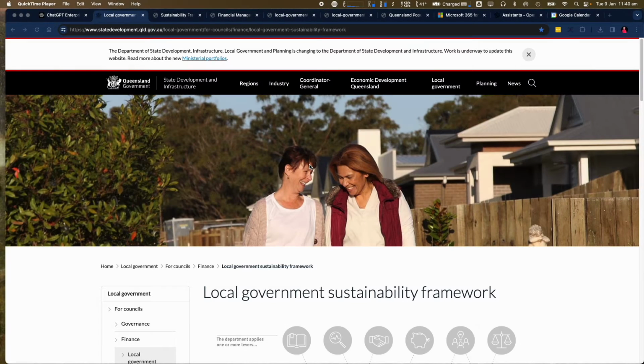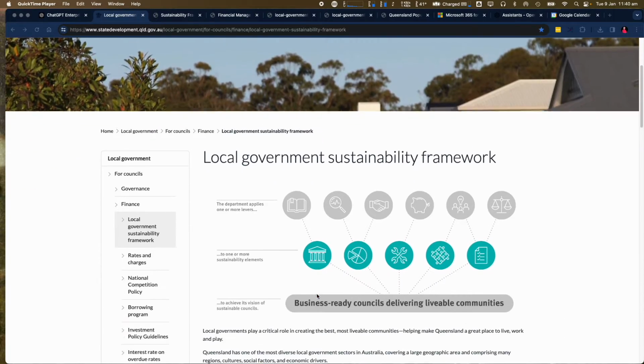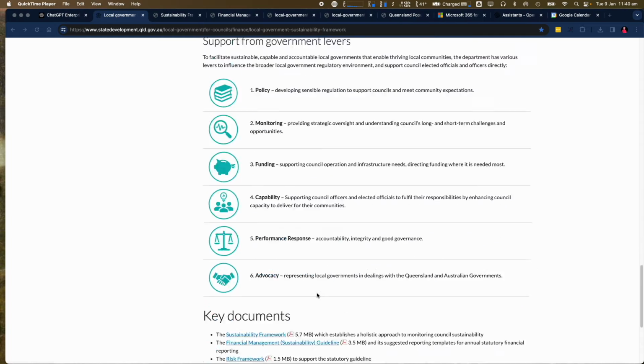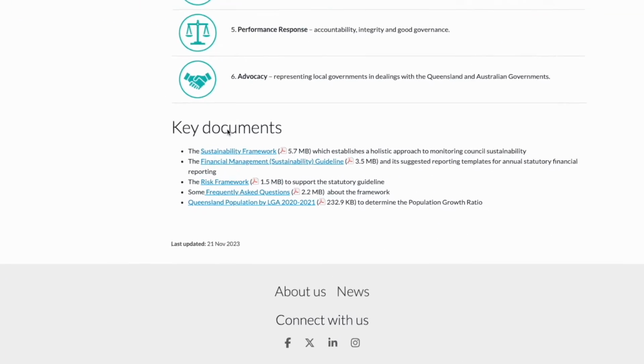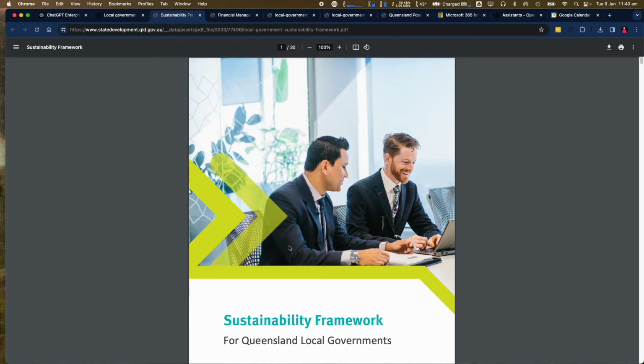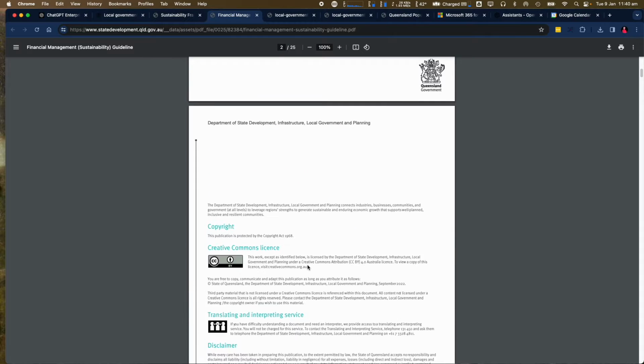On the Queensland Government Department of State Development and Infrastructure webpage, you can see the local government environment sustainability framework information. Down the bottom of the page, let's scroll all the way down, there are key documents 1, 2, 3, 4, 5. So download those and put them in a folder. They are the key information. Oh look, guys, there are documents on a computer that you need to read and understand in order to follow the guidelines